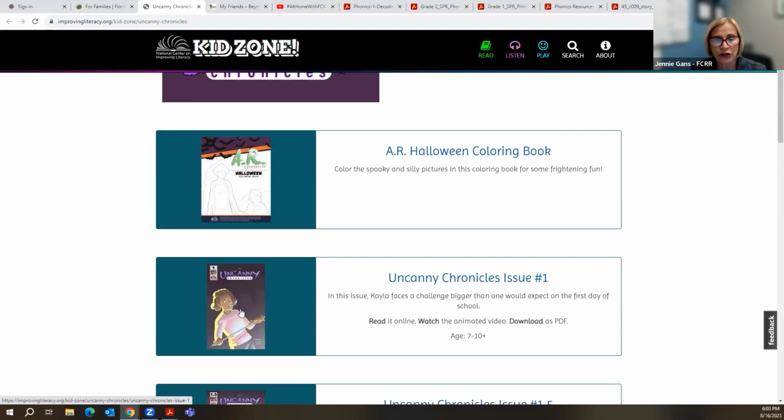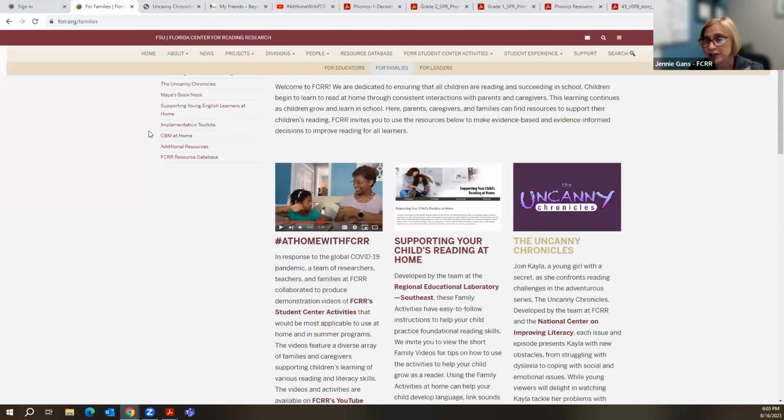So one of the interesting things is that this can be read to the children. So if you click on this and you go into the Kids Zone for the National Center on Improving Literacy, then you can click on these and it'll read the story. It's narrated, so it can read it to the child. But again, these are graphic novels and they're just excellent resources. Everything on NCIL, National Center for Improving Literacy, is just wonderful, especially our areas in the Kids Zone are super fun. So if you weren't familiar with that resource, then hopefully that's something, a couple new things you may have learned today.